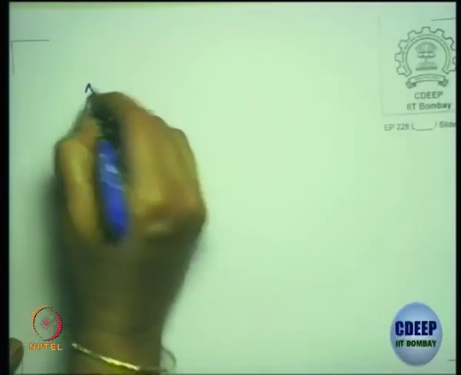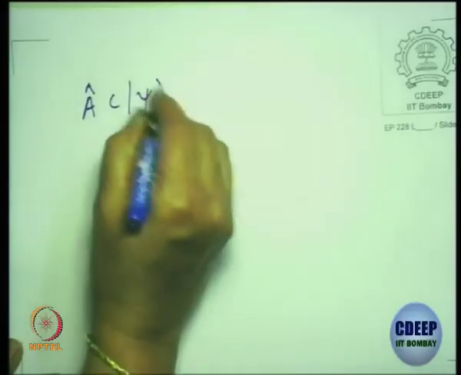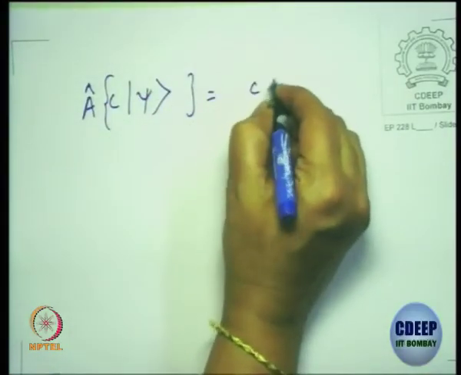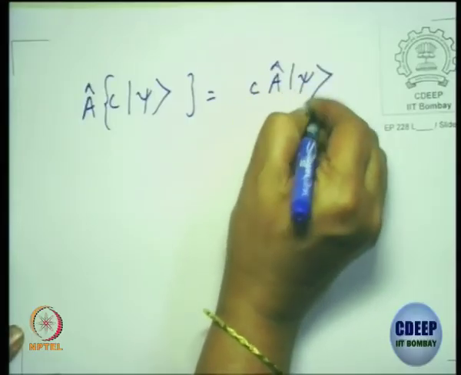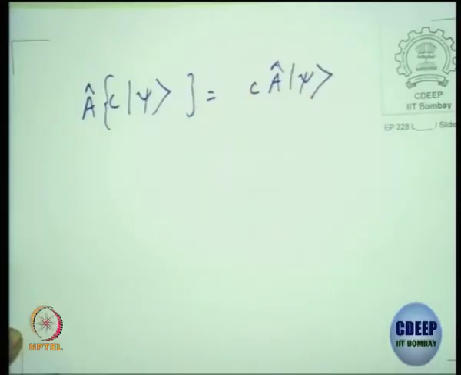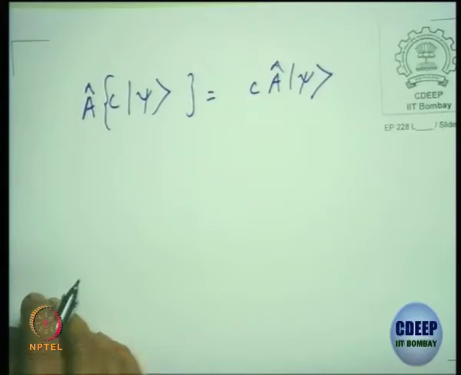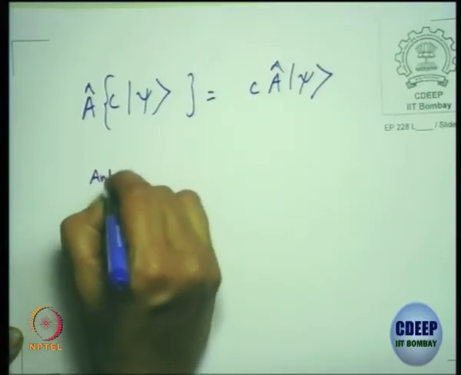Let me answer this question. We had operator A on C times psi. We wrote this as C times A operator on psi. So, this is the linear operator. If it is an antilinear operator, you have to complex conjugate the coefficients. So, an antilinear operator, let me call it O, satisfies